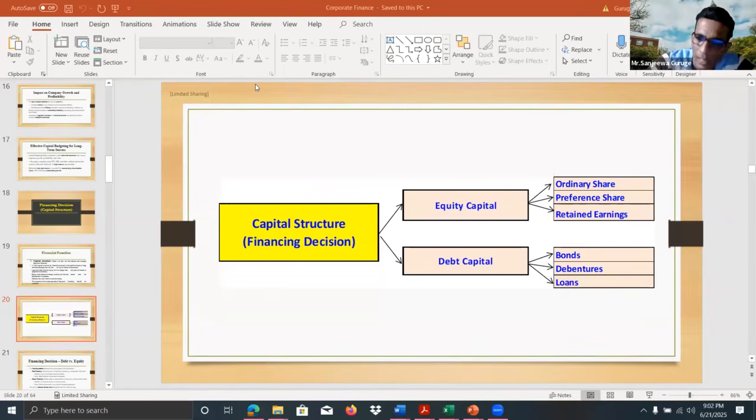because we should know the advantages of using equity capital and the advantages of using debt capital. For equity capital, there are a number of advantages. The cost of equity is not an obligation, right? And since there is no maturity, there is no need to repay the capital, right? And the organization has the flexibility to decide the dividend that should be distributed. So these advantages are there. But for debt capital, the cost of debt is an obligation, and the capital also must be repaid.